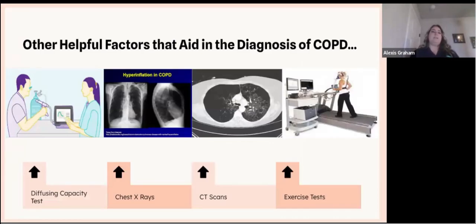So some other helpful factors that may aid in the diagnosis of COPD: you have diffusion capacity testing, chest x-rays, CT scans, and exercise tests. And these can all help